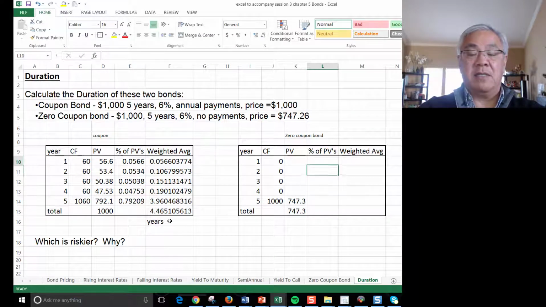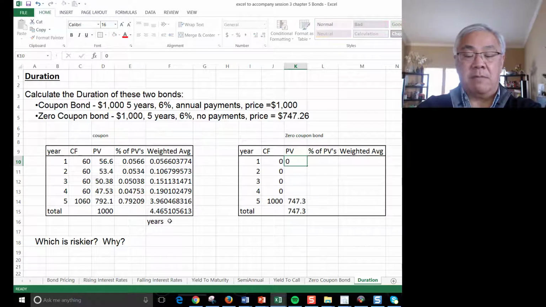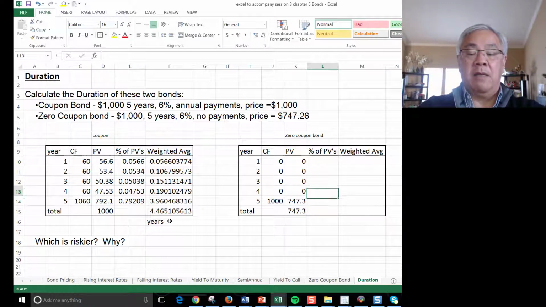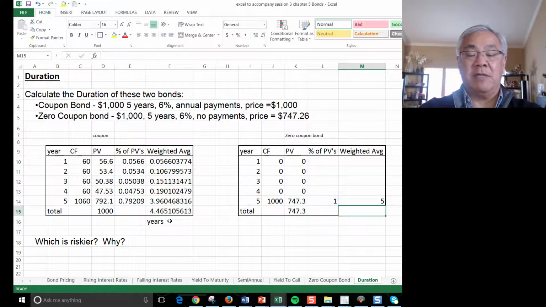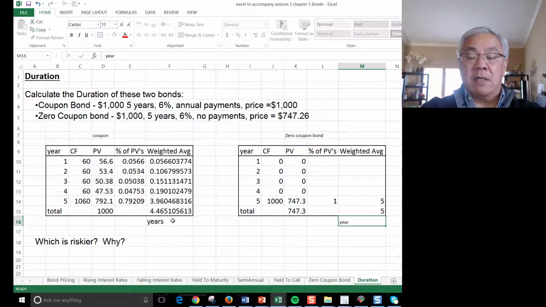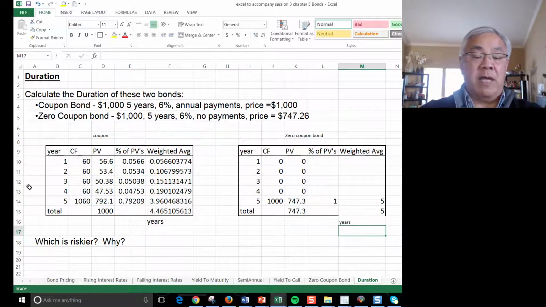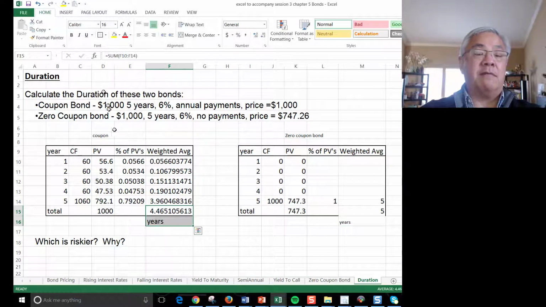And so the PVs are zeros, right? Because there's no money. So that basically means by definition this is 100%. And so the weighting is that times that. So we didn't really have to do all the math. And we would sum that, and that basically is the same number. So this is 5 years. So we have a difference of 4.4 years